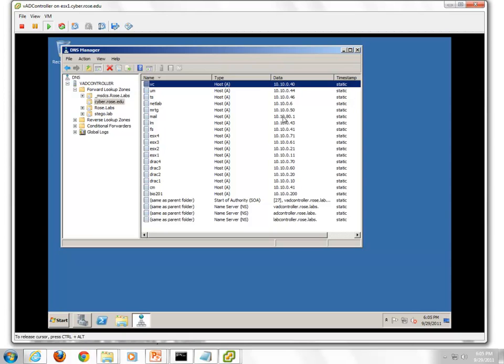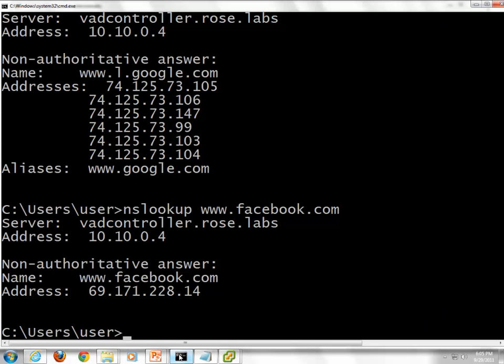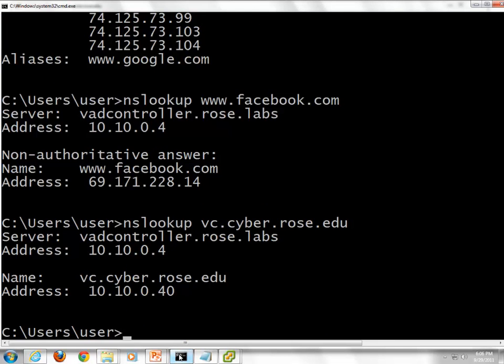164.58. something. But internally, actually I can show you that. I need this one. So if I do NS lookup, alright, it tells me I did NS lookup, name server lookup for that. It tells me, okay, the server I'm getting it from is the virtual Active Directory controller. Here's its address, and there's where it is, and there's its address.